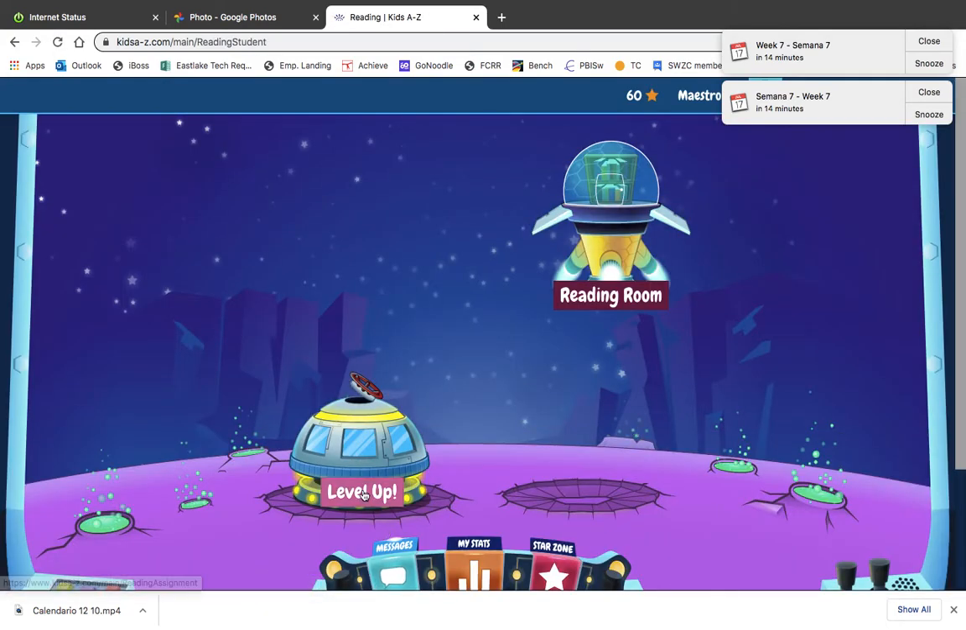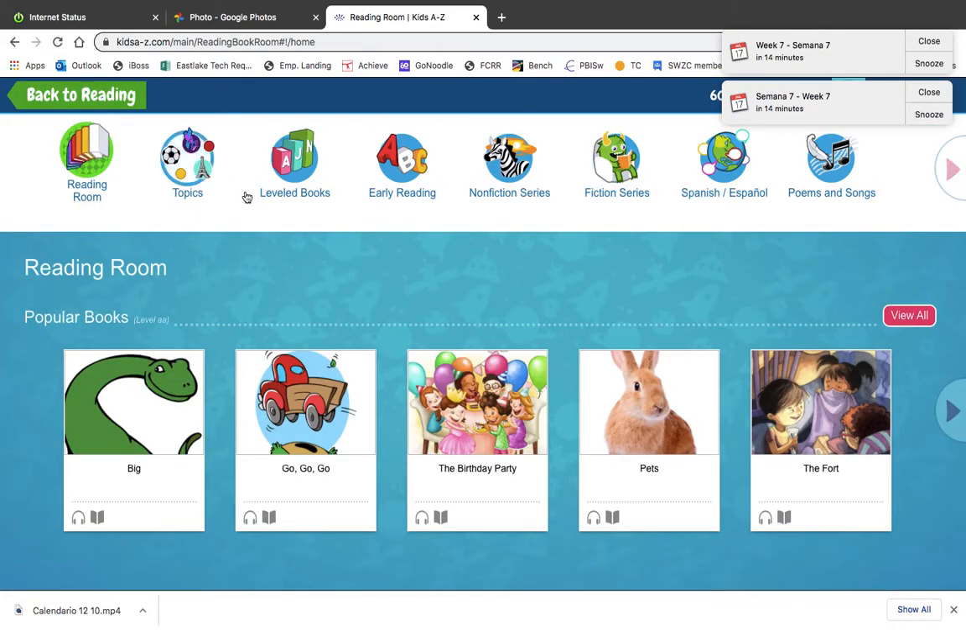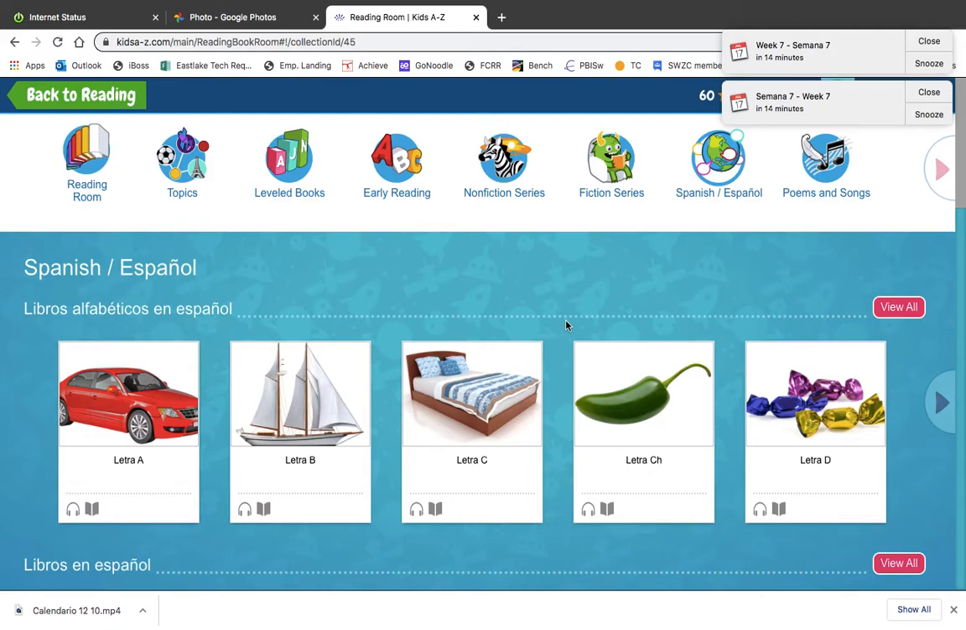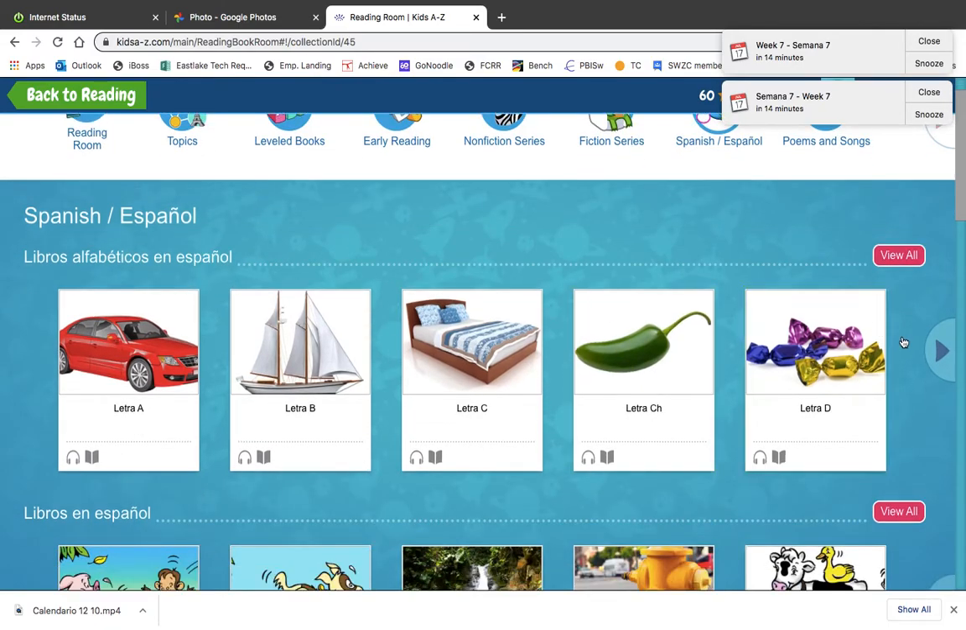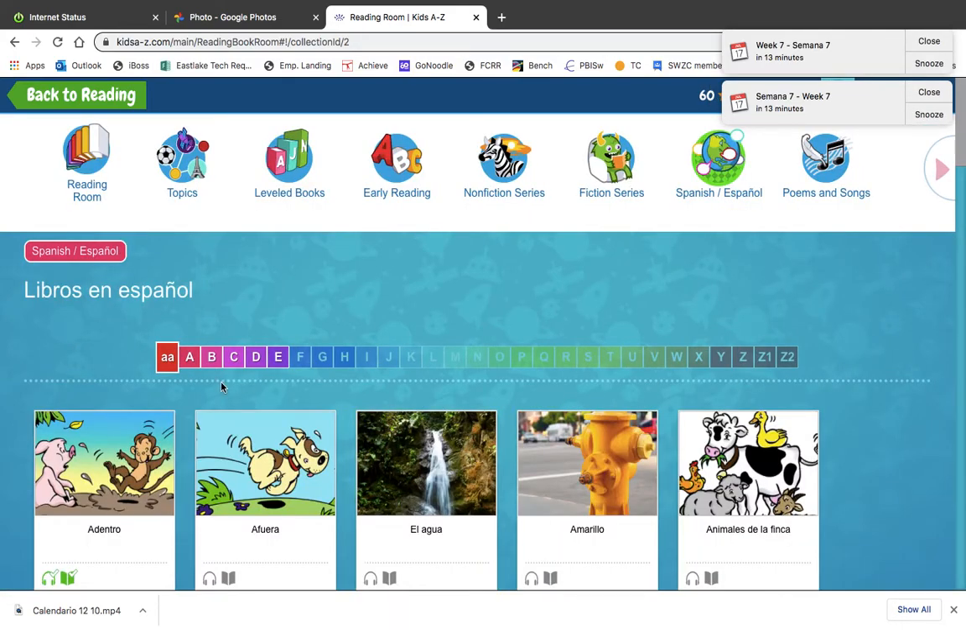Now, the tricky thing about Raz-kids is finding where the Spanish books are. So here in the reading room, there are categories up above. Here's Spanish. Okay, we'll go into Spanish. And I don't know if the student view is exactly like this. I think it is. Down here, the second set where it says Libros en Español,